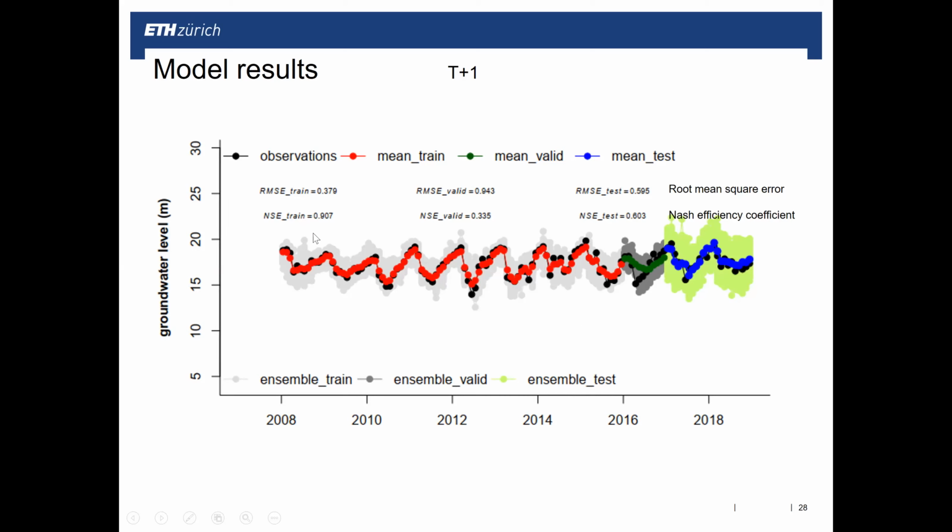And the Nash efficiency coefficient decreases from the training data set to the validation or test data set. So this is more logical. And the higher the Nash efficiency coefficient, the more accurate the model. And from here, we can also see that during this validation period, our model can't fit the observations quite